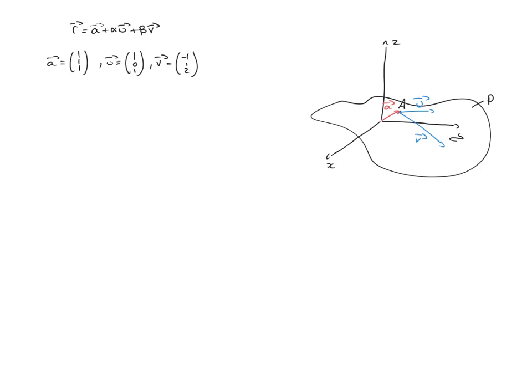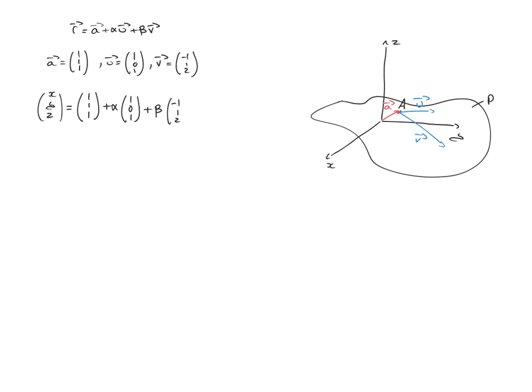For instance, if we write out our vector equation here in terms of the components or the coordinates of our vectors, any point on this plane has coordinates x, y, and z, and will therefore equal the position vector A, that's 1, 1, 1, plus alpha times u, so that's 1, 0, 1, plus beta times v, so that's